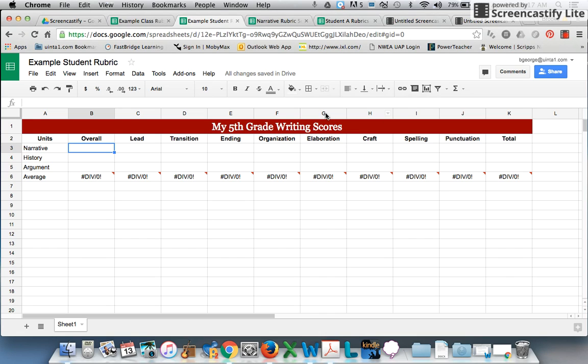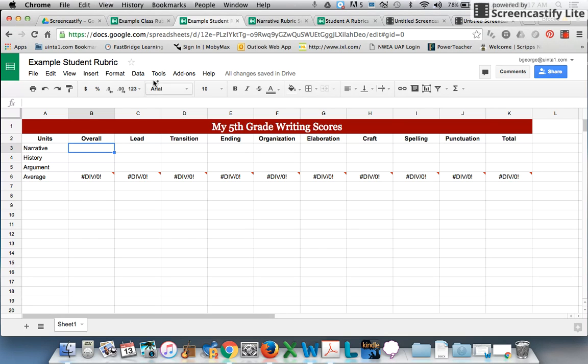want to. You'll see here that we have put in our category names exactly the way we have them on the teacher sheet. We've put our units down the side. We've put our average, our format. We've put in our formulas for our averages along here. We didn't need to put it in for our totals because we are going to just bring those straight over from the teacher sheet. I'm going to highlight or select the cell next to the narrative